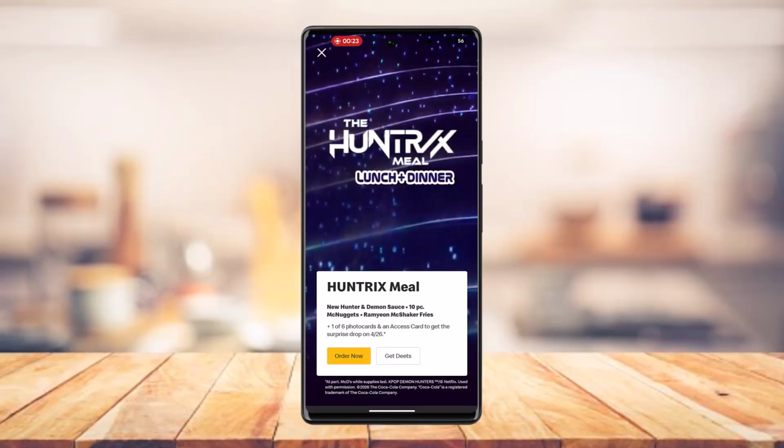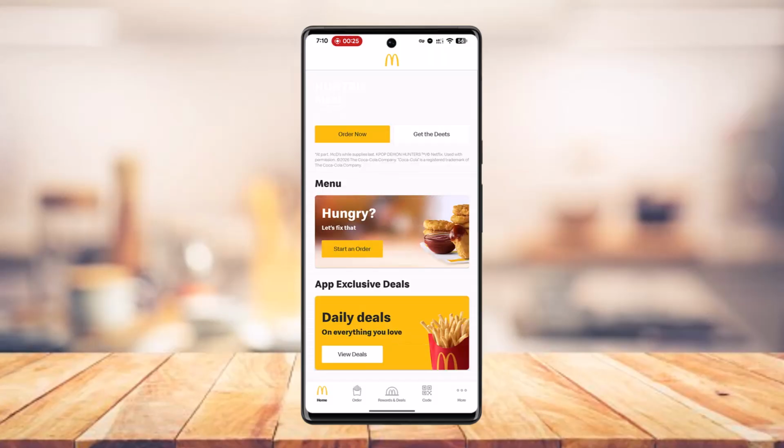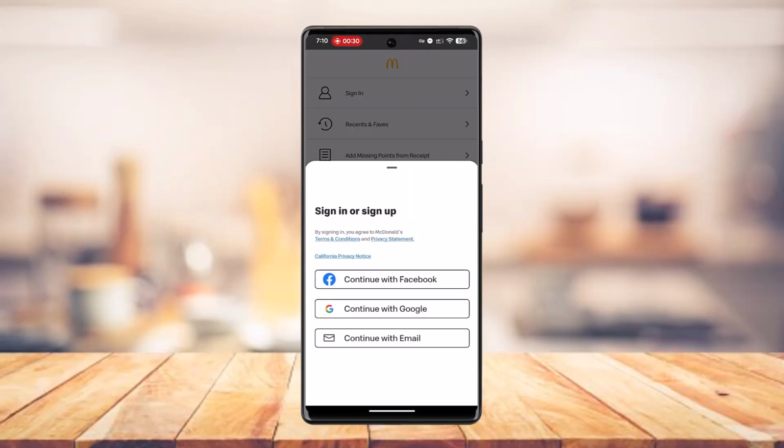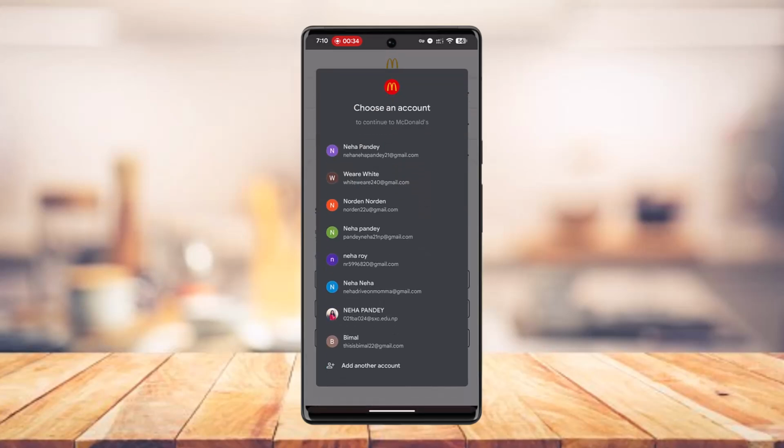Now here, what you can do is simply skip this ad for now, and you could just go ahead and tap the three dots and select sign in. You could go ahead and sign in using your Facebook, Google, or email. Select one of these methods and sign in to your account. As soon as you're signed into your account, what you need to do is,